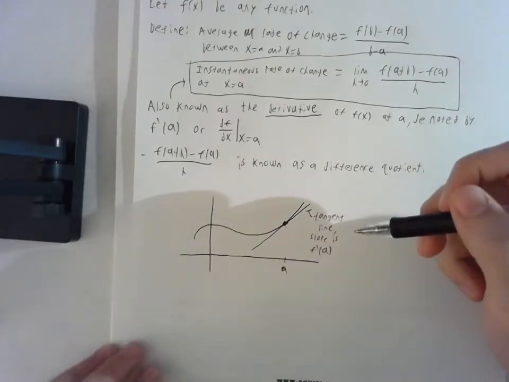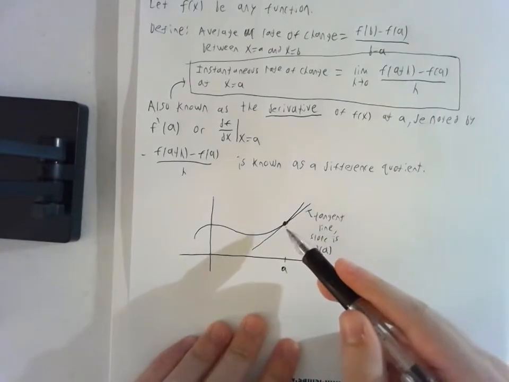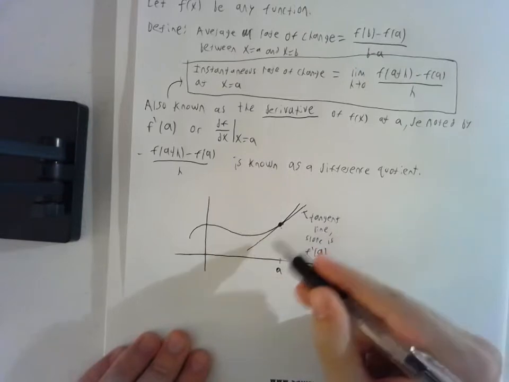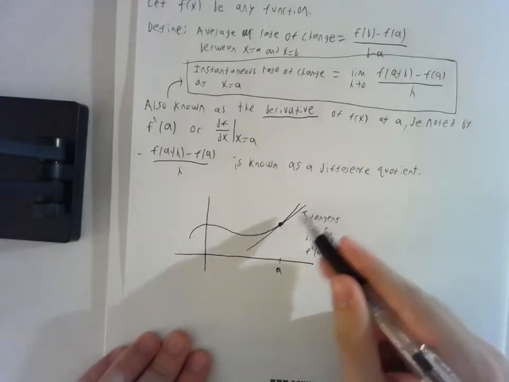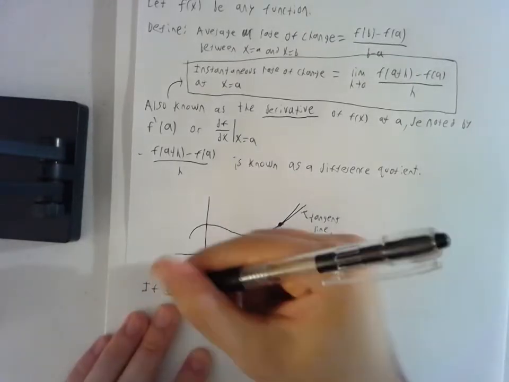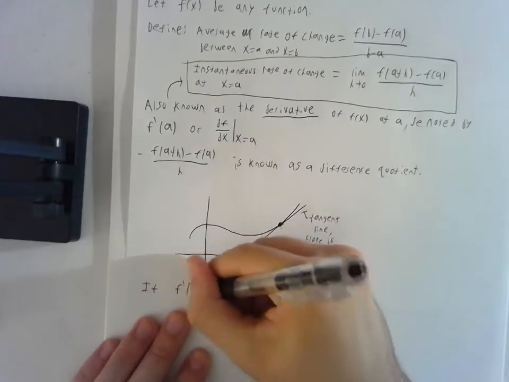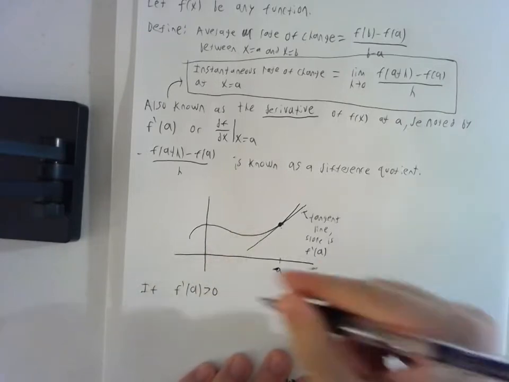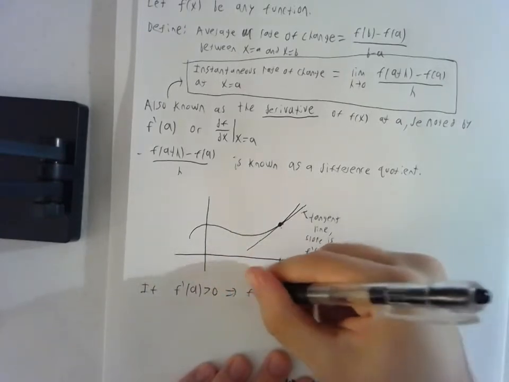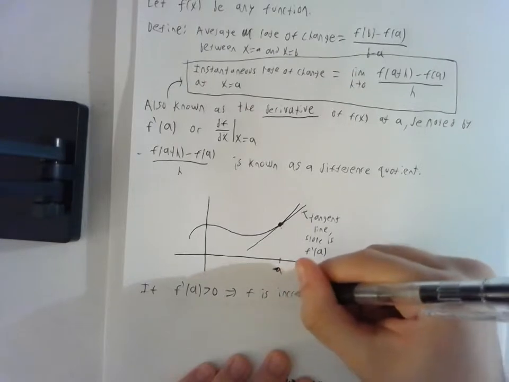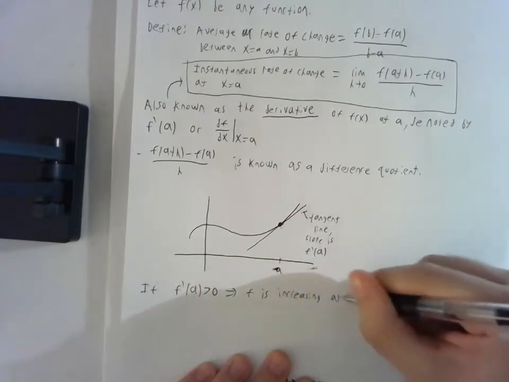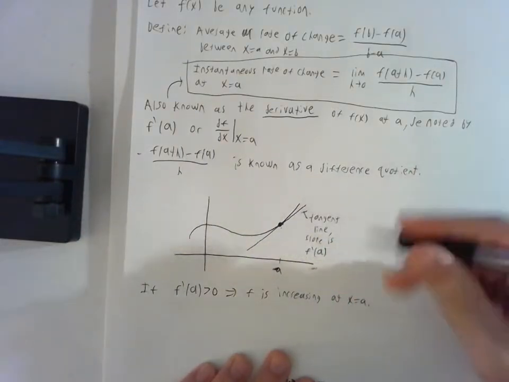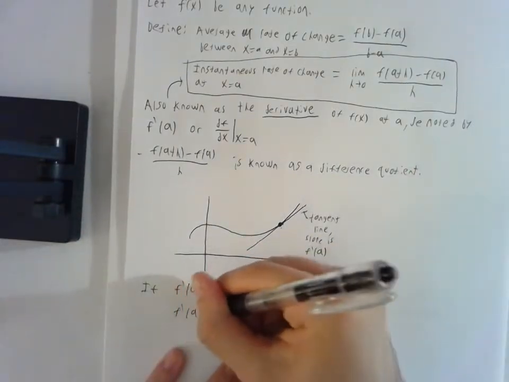Another important thing we can notice using the derivative is that since the derivative at a point is the slope of the tangent line, we can say that if f prime of a is positive, that means this line has a positive slope. So that will imply that the function f is increasing at x equals a. So in other words, the graph is going upwards, and similarly, f prime of a less than 0 will tell us that f is decreasing